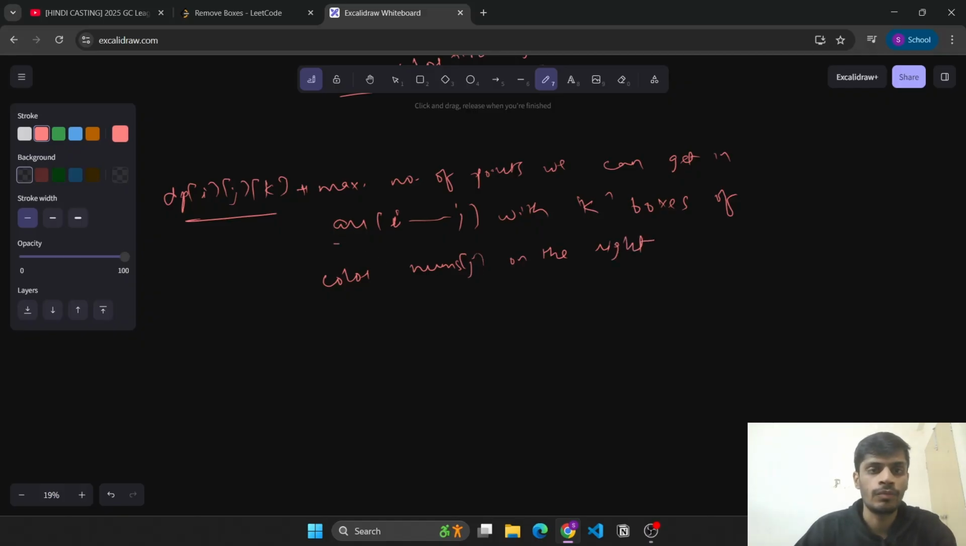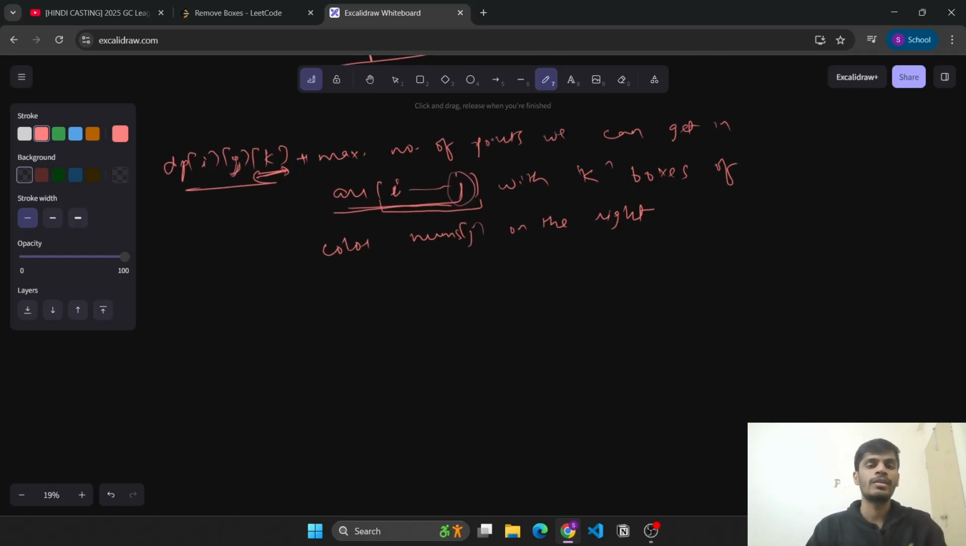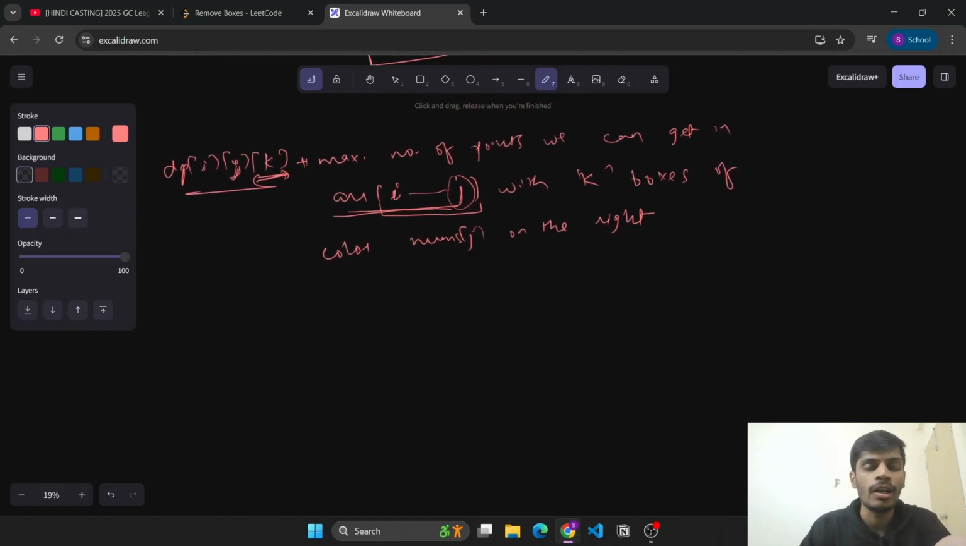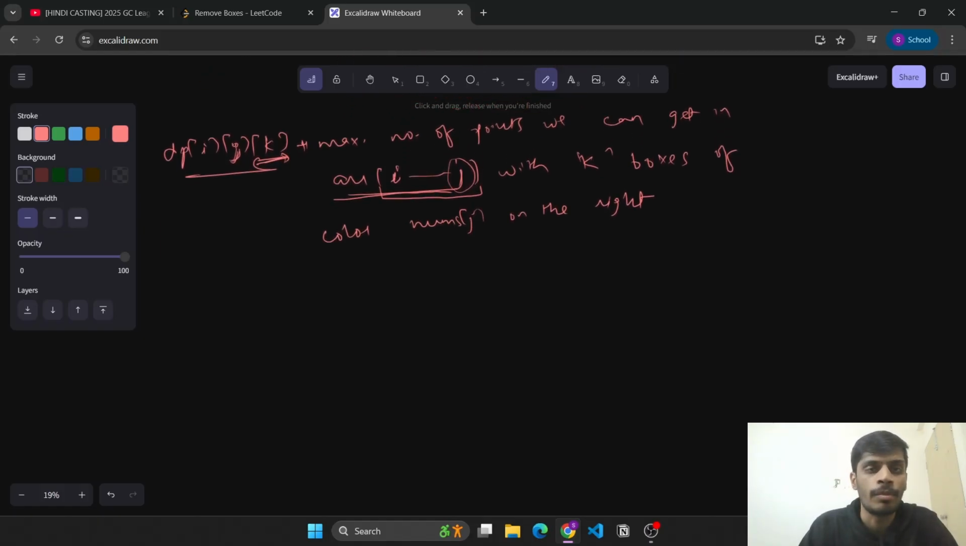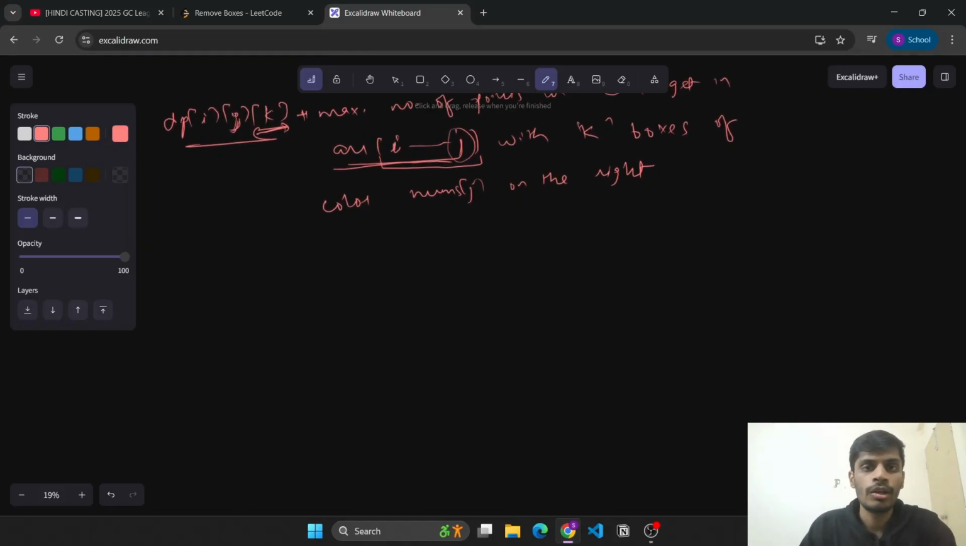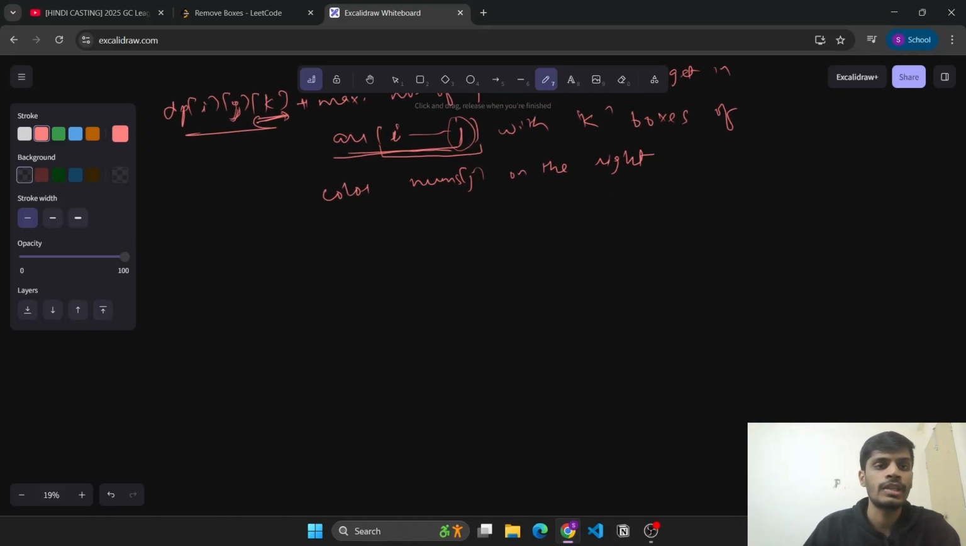We need to solve this for this subarray, and we should have k boxes on the right whose color is the same as the element present at the rightmost part of our subarray. Now, once we have defined the DP state, we need to see how the states will be changing and whether we are able to cover all the cases or not. So one case here is case 1, we remove